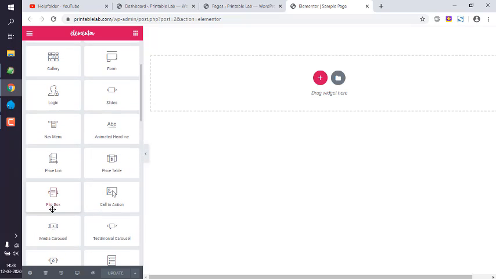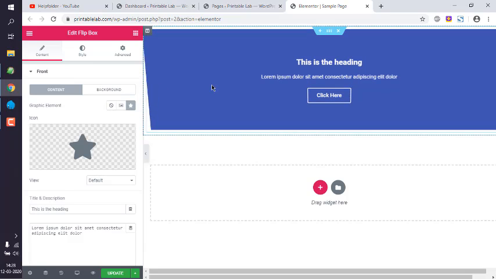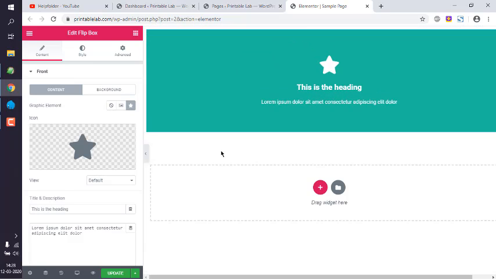So let's look at this Flipbox here. We can drop it on the page, and as you can see, the moment you take the mouse over it, it will start to flip, in and out. Here you can choose what to add, something like, let's say,